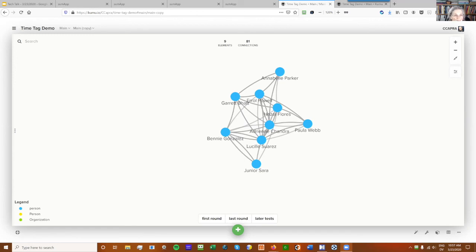Drew? Yes, question? Sorry, but we're actually right in the middle of trying to time tag a couple of projects at the moment using methods similar to this one, not identical.